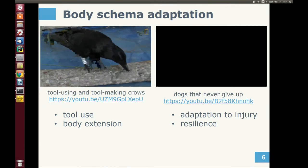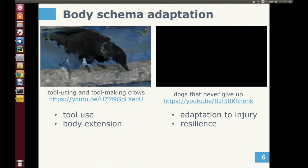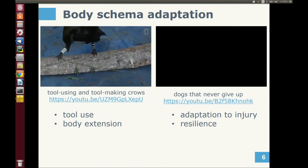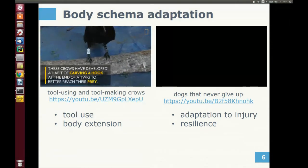So tool use is one important thing, that you get a new tool, and first it's a body schema extension. It extends your body, but it's not just that. You also need to know how to use that tool. So it's not easy, but animals and humans master it very well. That's something that we would like robots to also